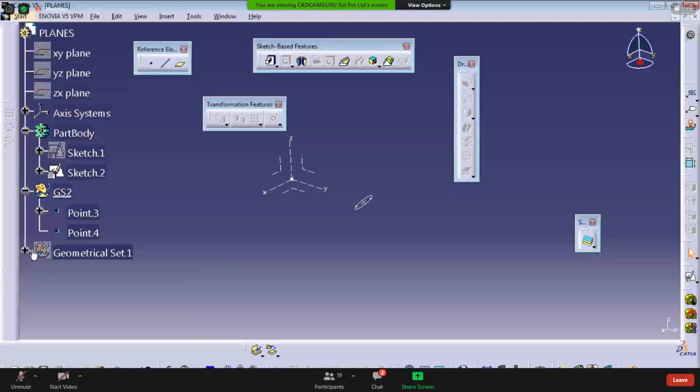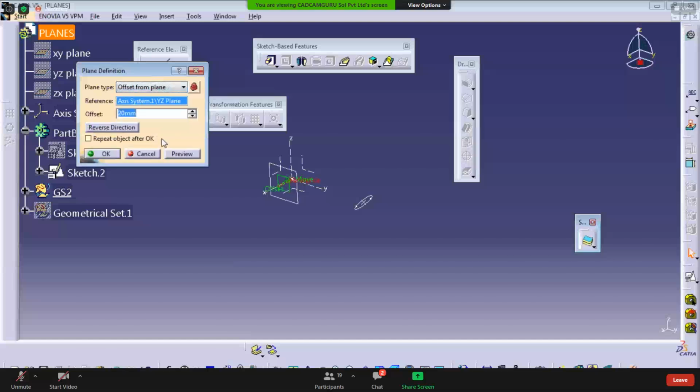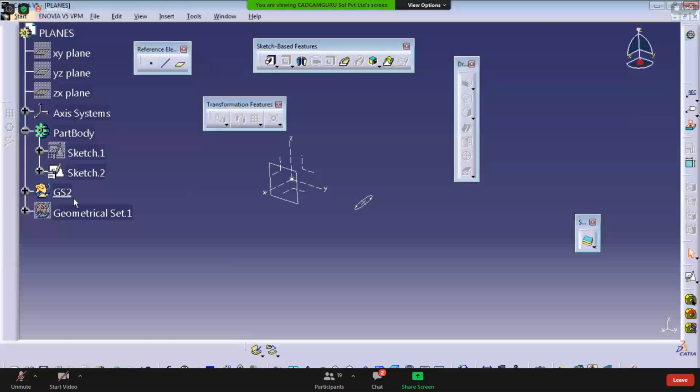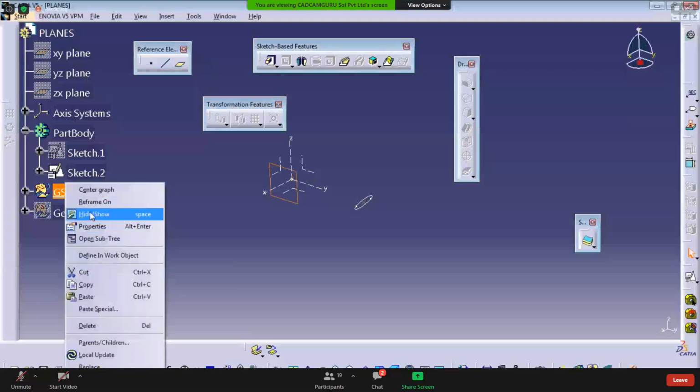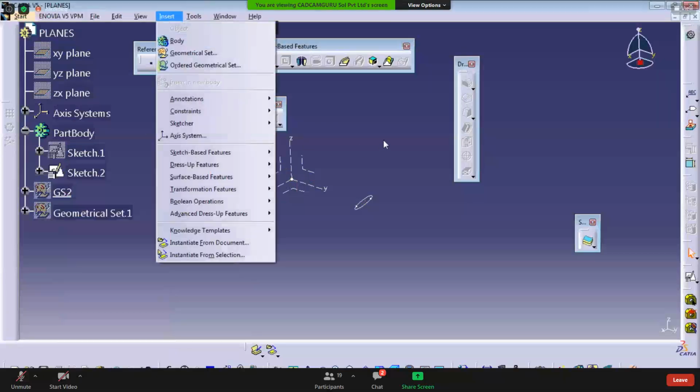Those are actually groups. You want to create a separate group to avoid confusion. So these groups have 2 points. If you want to create one more plane in the same group, you can do the plane at an offset location. And if you want to hide this and create one more group, you can use this. So it creates multiple sets of groups here, multiple entity sets.